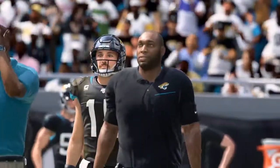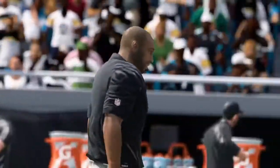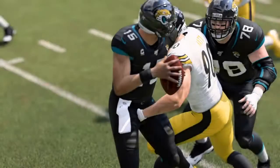So this one in the win column for the Pittsburgh Steelers. And they did it in shutout fashion. Impressive. Would it be too bland of a statement to say they didn't have the greatest